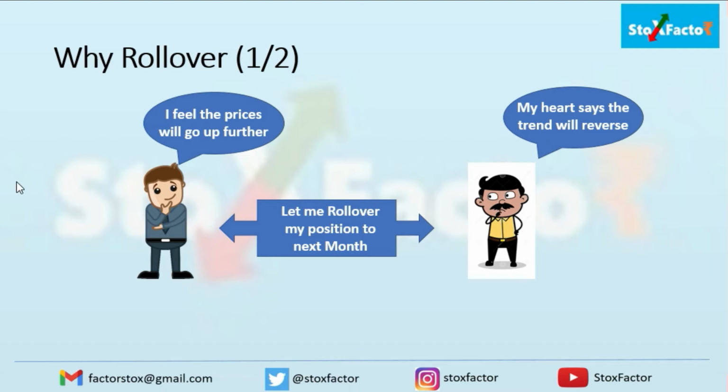future price. Similarly, the person who has shorted the position in the current month will buy the position back and then short again for the next month. In this way, they roll over their position because that person has the view that the bearish trend may continue. If the stock is falling in the current month and he expects the stock to fall again, he will sell the next month contract. So that's the reason why people roll over their positions.